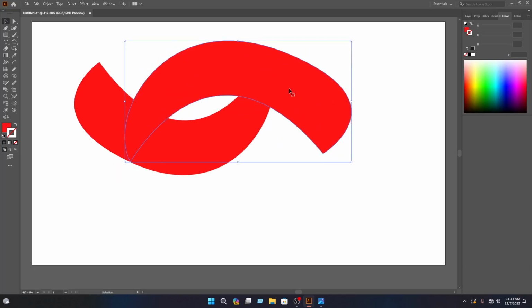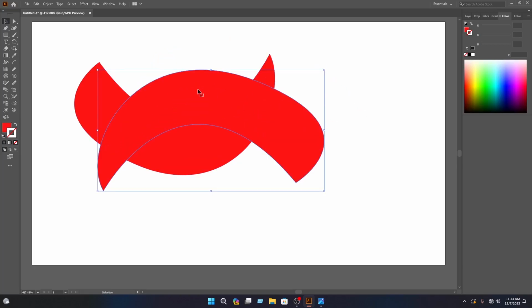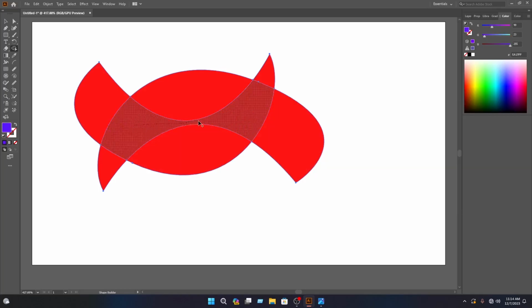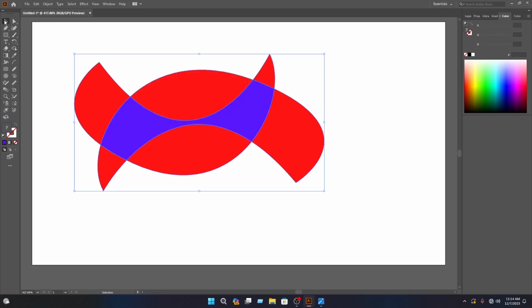Then you have to increase the size of this and drag this in here. Then you have to select this layer, then select the shape builder tool, then you have to select this area, then click on the fill, then select this color, then select this area again, then select the move tool,